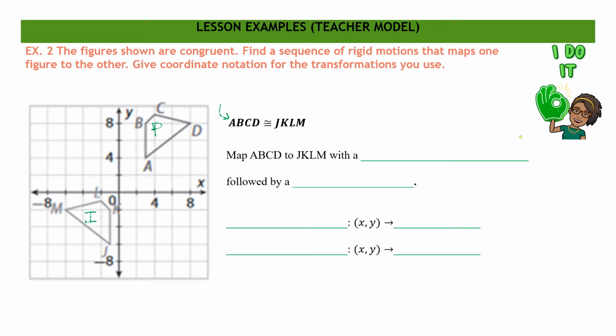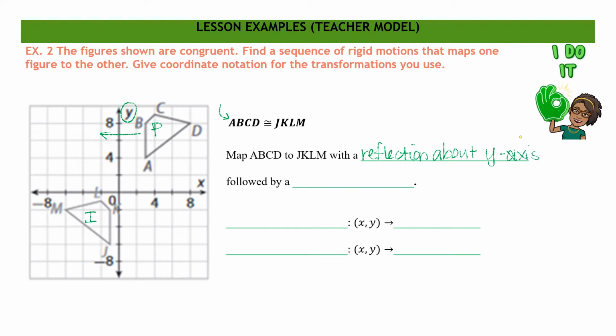JKLM is our image. So the first step, they want us to identify the sequence of rigid motions that maps these two images onto each other. If I notice from my pre-image to my image, I know that my orientation has changed between the two. So that gives me an indication that there's some type of reflection that takes place first. I notice that reflection goes about the y-axis, so I can say my first transformation is a reflection about the y-axis,